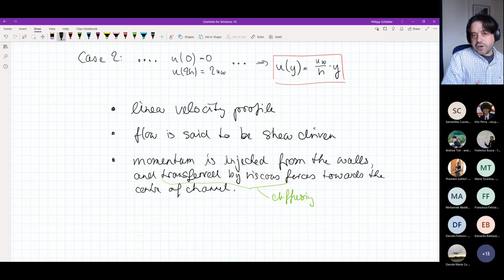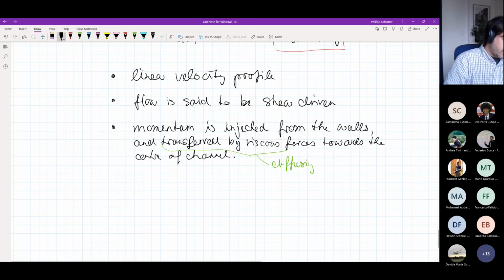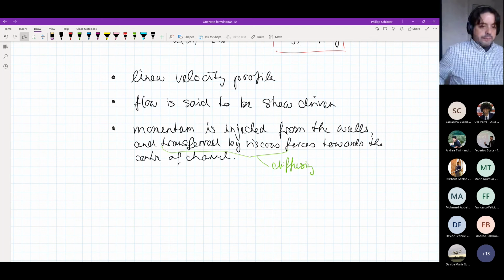The viscous drag, or the drag in general, of an airfoil is of course one of the important design parameters, and in the end the viscous drag is a large part of that. I mean, in an airplane it's on the order of 40% of the drag that is actually caused by viscous forces. So understanding how this momentum transfer is working, and in particular how this momentum transfer will also influence the friction, is very important. So that means the next thing that we need to look at is the interaction